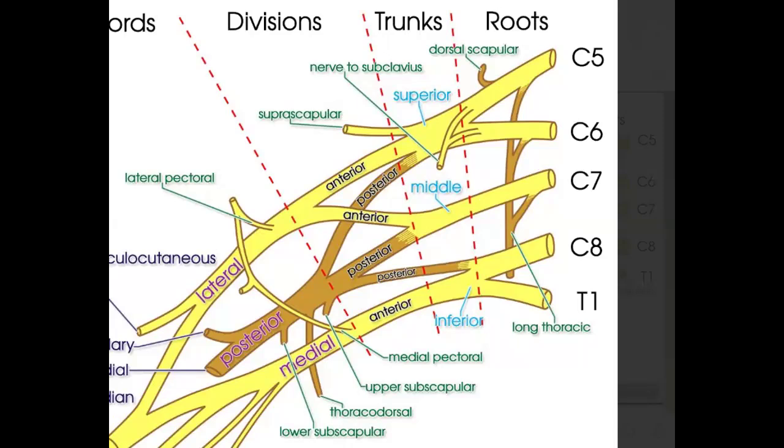So if you can just begin by drawing 5 small circles like this, and if you look at this diagram, a lot of the MCQs come from